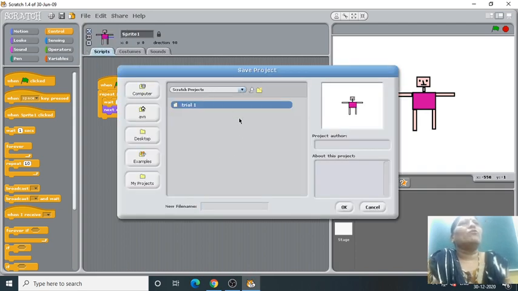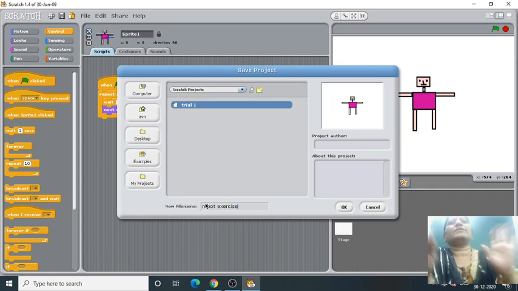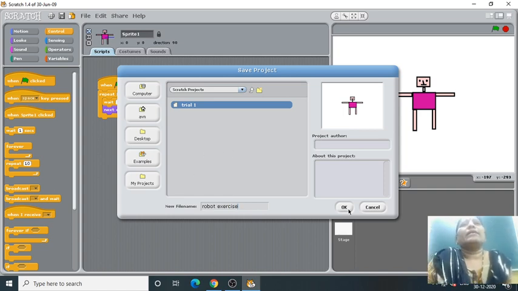A new window will open. Here you have to type the name of your program. I am typing robot exercise. This name I gave, and click on OK.